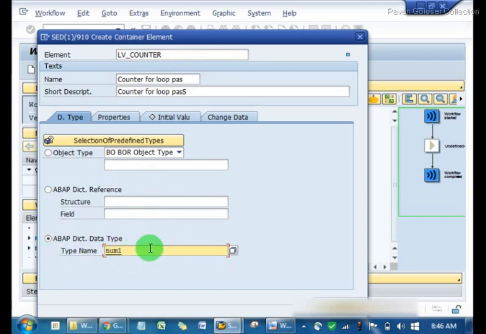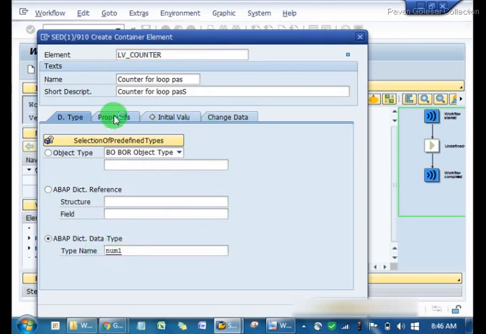Num1 is a data type. Okay, so if you are not aware what this data type is, you go to F4 and check. This is an integer. In layman's terms, we can say int I, int I in short. This int I is nothing but integer. Like int a. So this variable will be representing this data type.